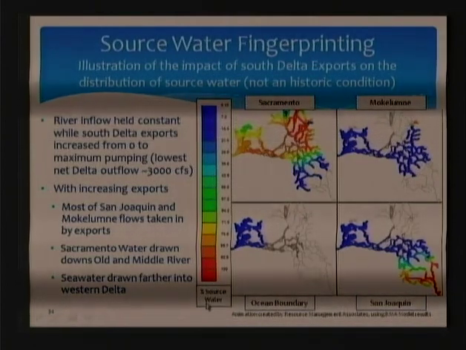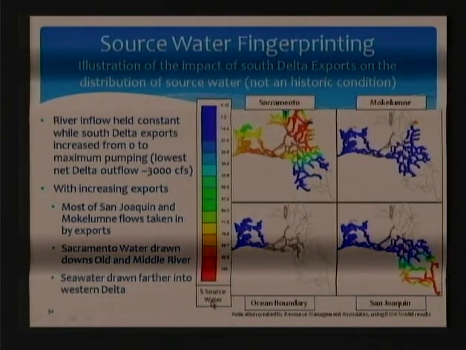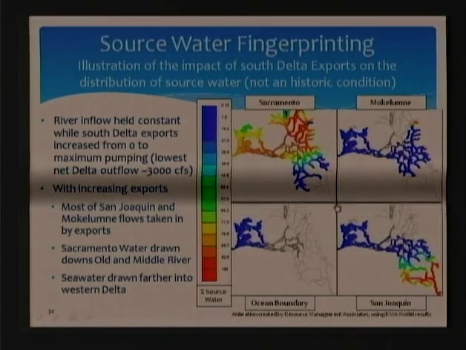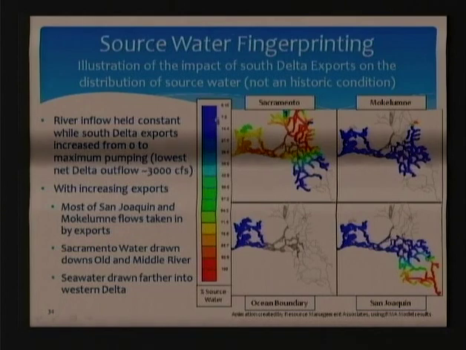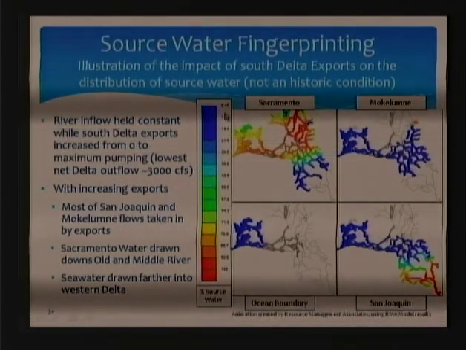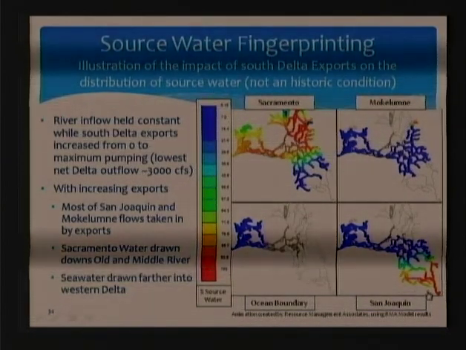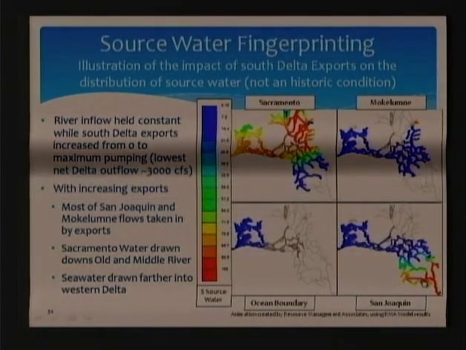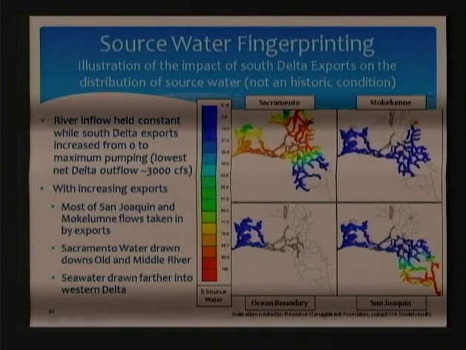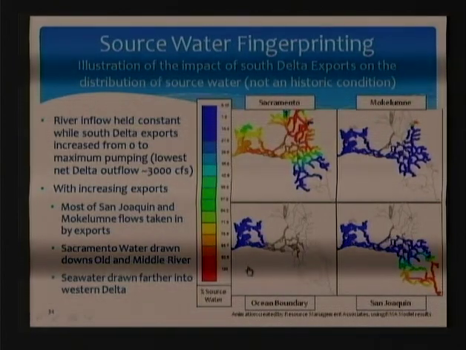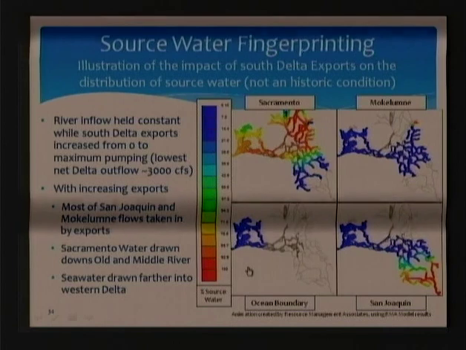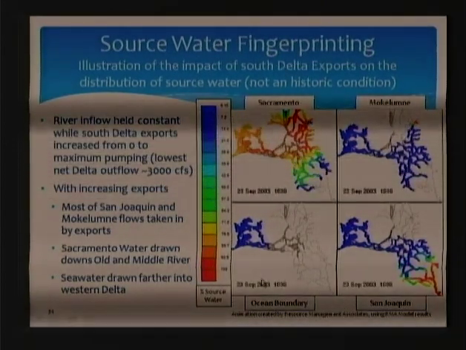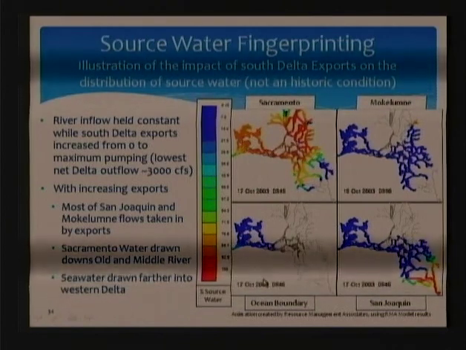And I should point out the colors here are percent source water. So this is a fingerprinting exercise. DWR does this with DSM-2 all the time, although you may not see it in a spatial context. And the lowest blue here, the cutoff is 1/10 of 1%. It's largely San Joaquin River down in the far southeast corner of the delta, and then it mixes out. When I click go, I'm going to start cranking up the exports over 4 months, and you'll see this change. Please ignore the dates, they're really kind of meaningless. It's just happening over about 4 months.